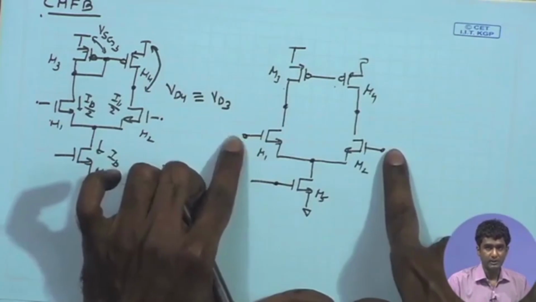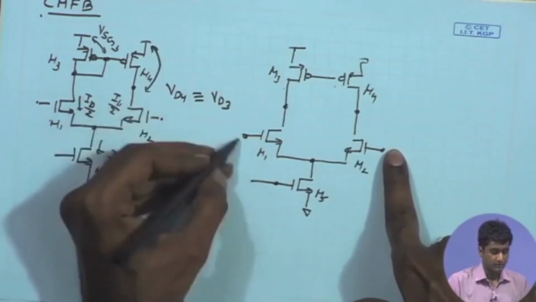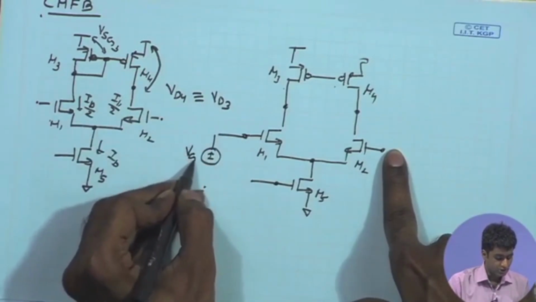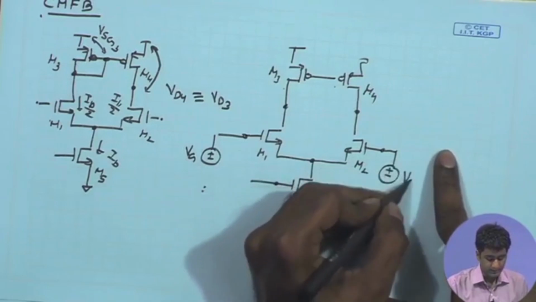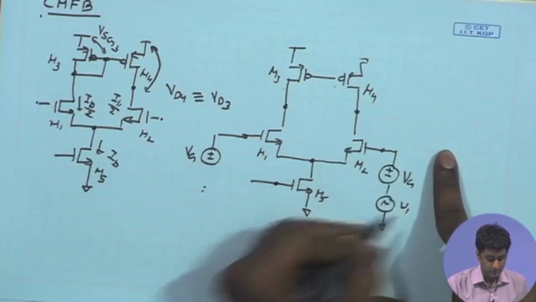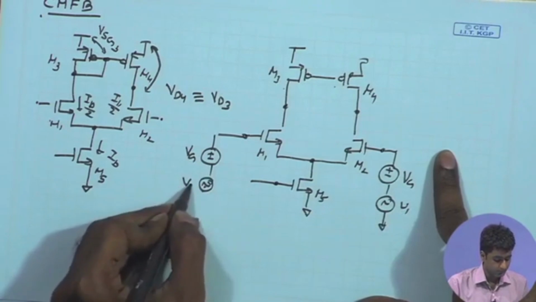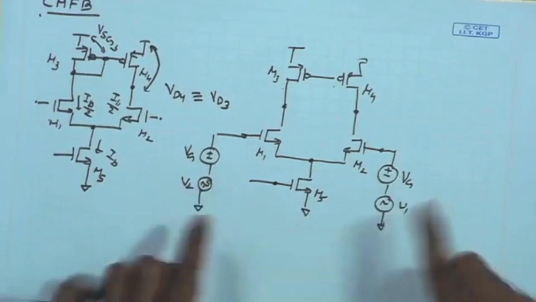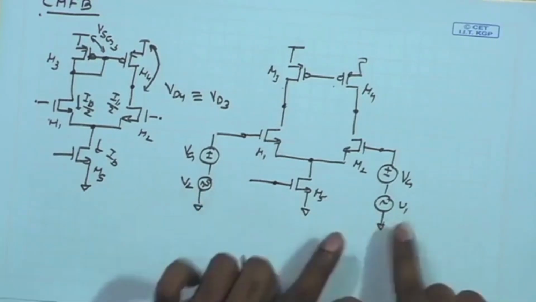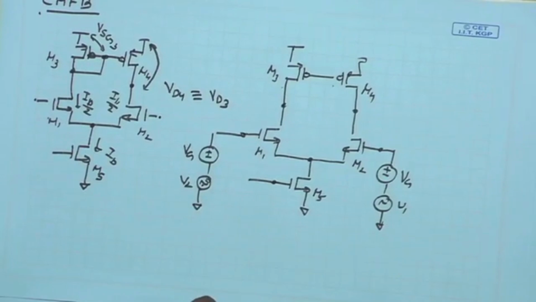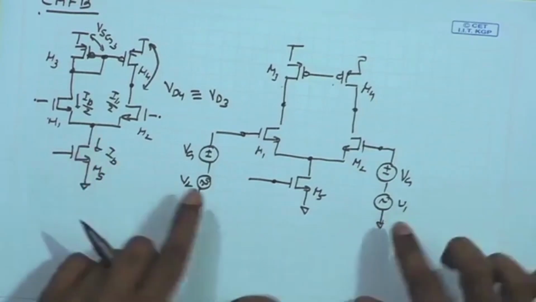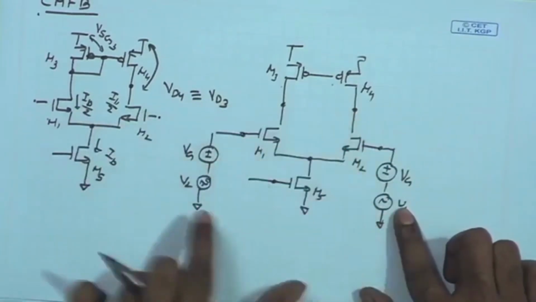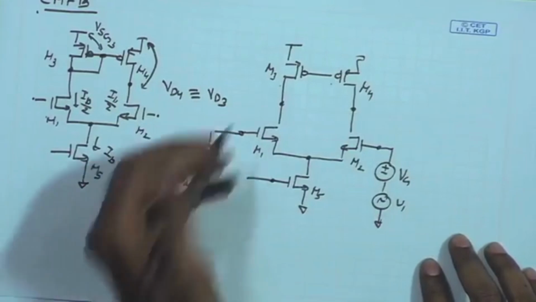You may have some signal applied to both M1 and M2. So, on top of the DC bias point, you may have some signals as well. You have the VG of M1 and M2 the same, the DC bias the same, and on top of that you may have some arbitrary V1 and V2 small signals, and as a result we know that the differential signal will be V1 minus V2 by 2, the common mode signal V1 plus V2 by 2, and we assume that the common mode gain is poor. Therefore, we do not consider the common mode signal coming over here. Let us consider the differential signal coming over here,